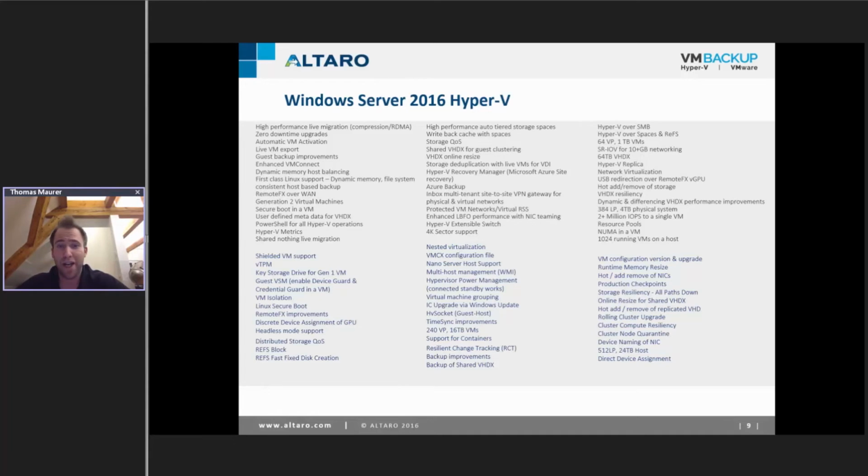So this is pretty awesome. They included some great new features like shielded VMs, which allows you to protect VMs from administrators and also allows you to encrypt virtual machines, as well as features like nested virtualization. So great new features. You can read more on that on my blog and also on the Altaro blog.